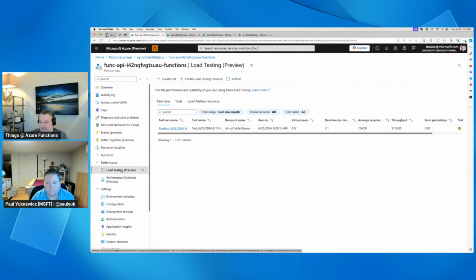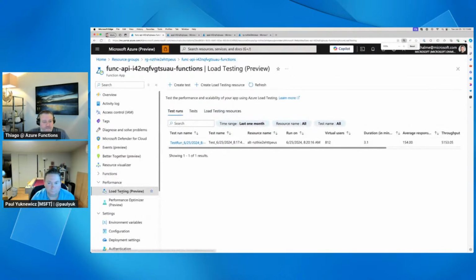One is the load testing integration, and this will be available for you right now for any function app that you have. And then we also have a performance optimizer one that allows you to run multiple configurations of concurrency and instance size for your app. So it basically runs a load test, changes your app to the new concurrency and instance size, runs another load test, and so on. And then at the end, it shows a comparison of the results.